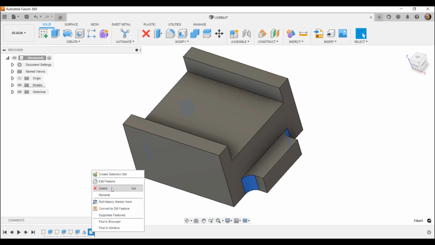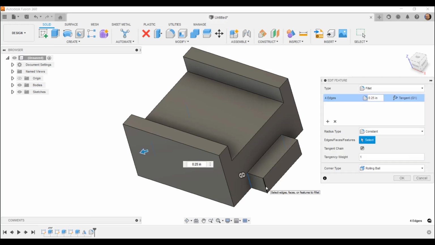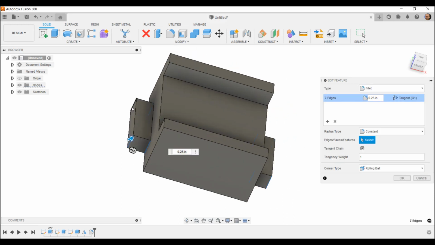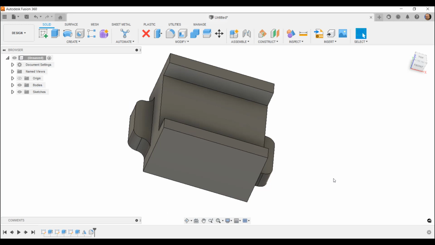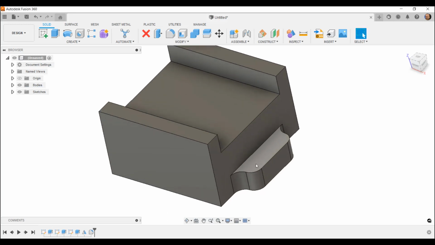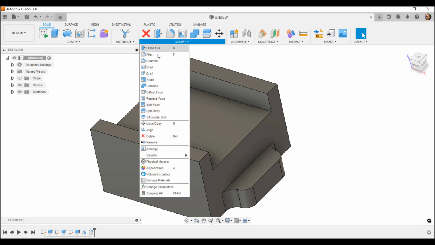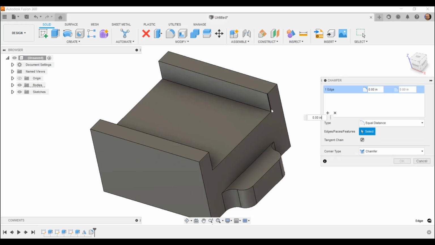So I'm going to go down to my timeline, edit feature. And I'm going to also select these corner edges out here on the outsides as well. So again, I got 8 edges selected, hit OK, and you can see we've got some nice rounded corners. I may also decide, for the sake of the design, to add a chamfer to these edges up here,